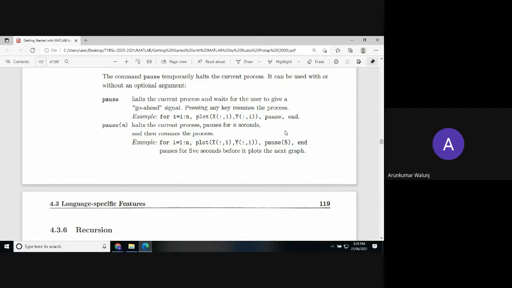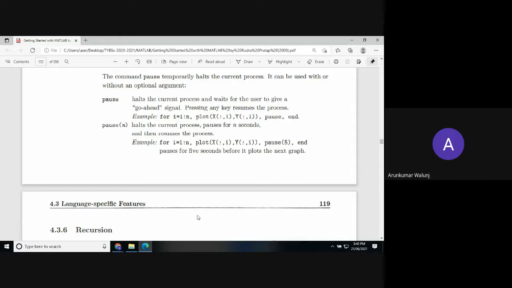You can pause it. It means instead of plotting the graph, it will halt the current process and pause for n seconds. Whatever number of seconds you want to pause, you can pause it, and after having done your task by pausing the current program, you can resume the process.